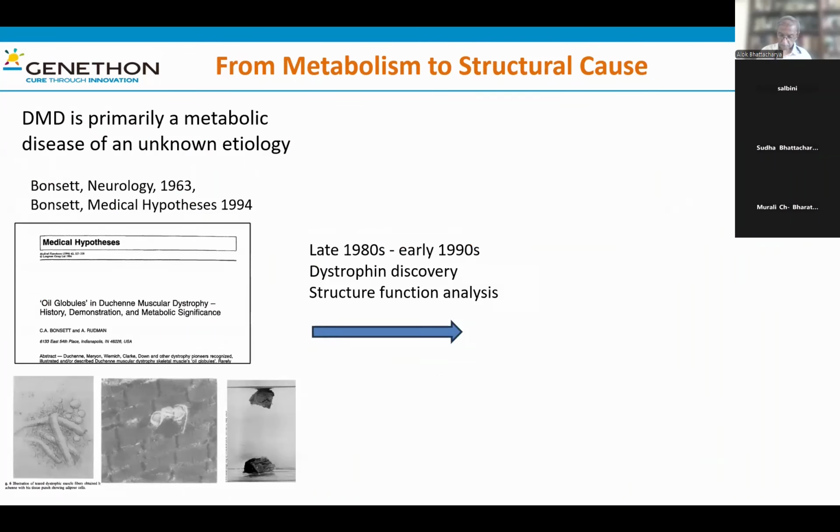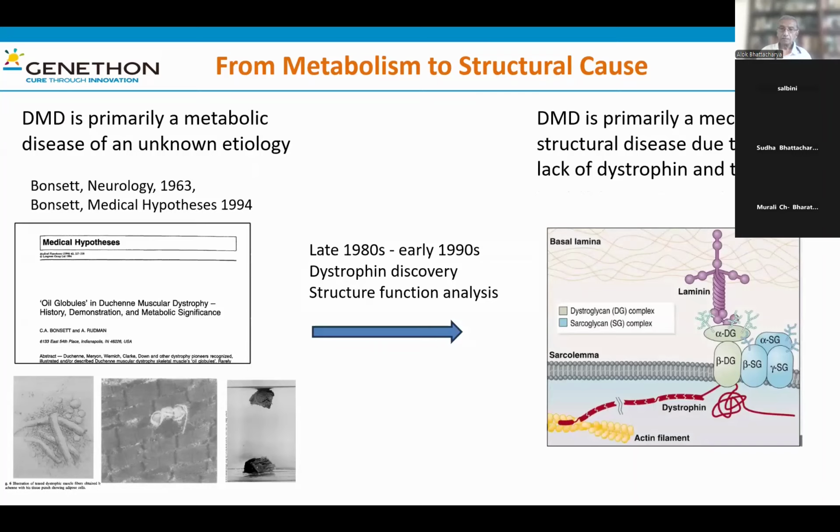Globally speaking, until the late 80s and the beginning of the 90s of the 20th century, Duchenne was thought to be a metabolic disease, as you can see here on the left, in a medical hypothesis paper. But the discovery of the dystrophin gene in the late 80s and early 90s completely changed this vision. Once that gene was discovered, sequenced, and structure-function analysis provided its spatial localization as a linker of the inside and the outside of the myofiber, it was intuitively clear that dystrophin functioned mainly as a structural stabilizer. The understanding of the disease shifted into a more structural, mechanical vision and not so much a metabolic one, which was somewhat abandoned